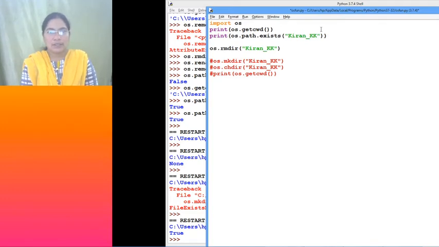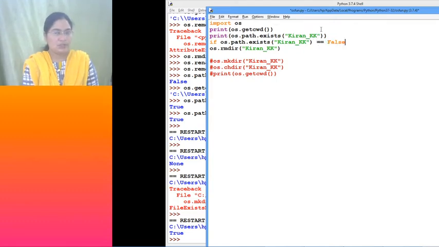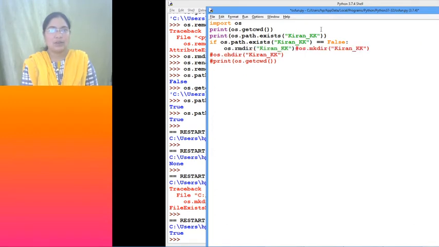If it doesn't exist only, then what we can do is: if os.path.exists is false, then only create it. If it is resulting in false, then only create the directory. Then you remove the existing one, and if you want to create the next one, you can create it.